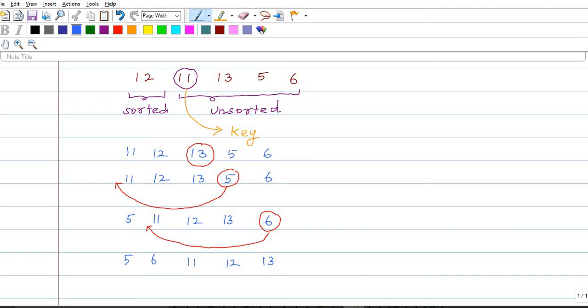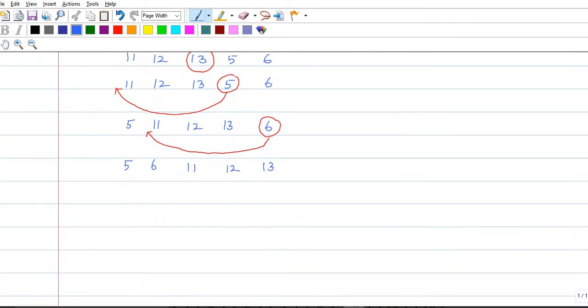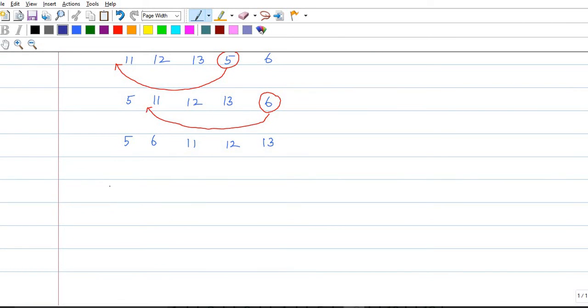So let us validate the code. First we are running the for loop: for i in range(1, length of arr).